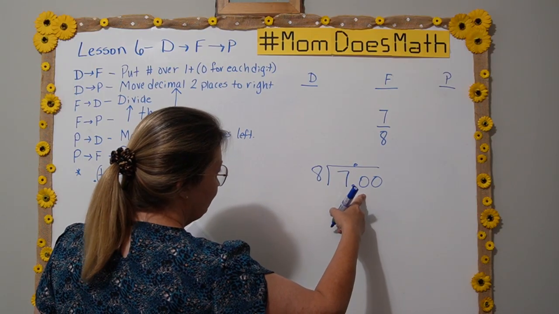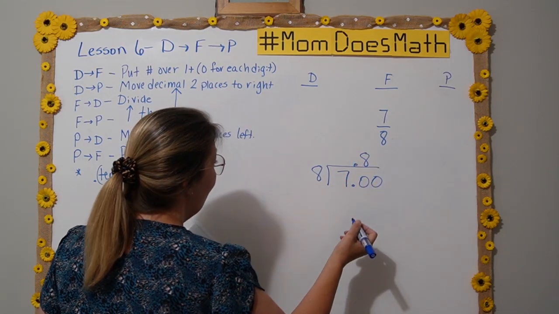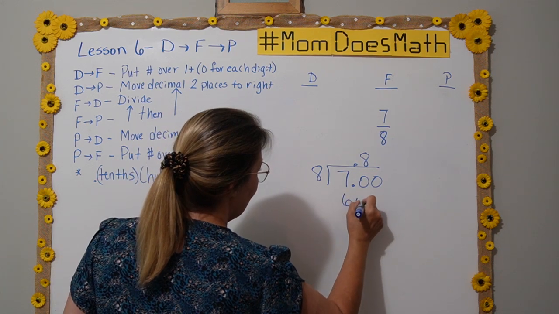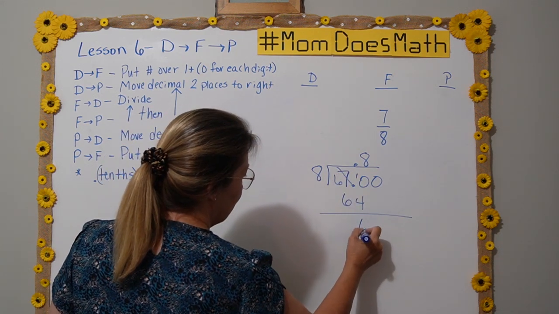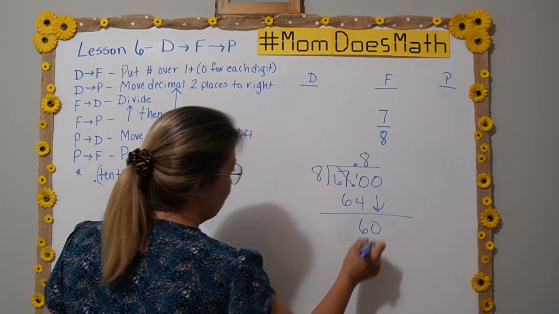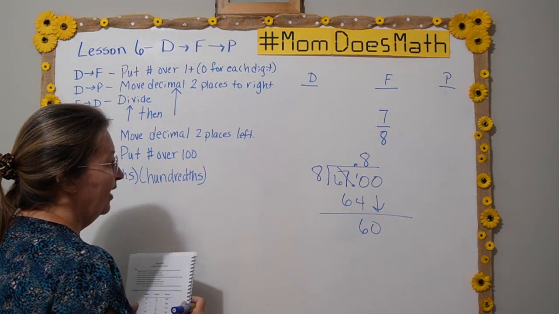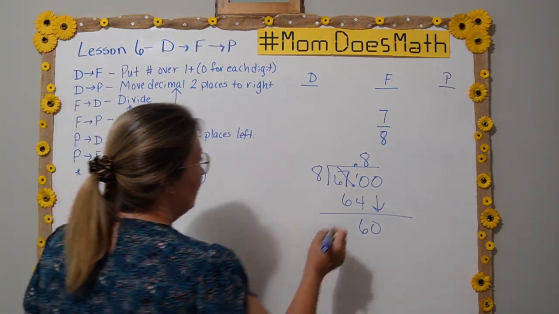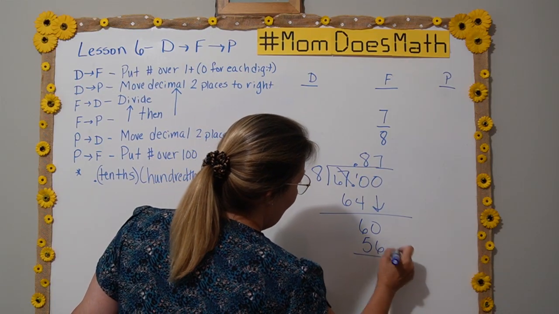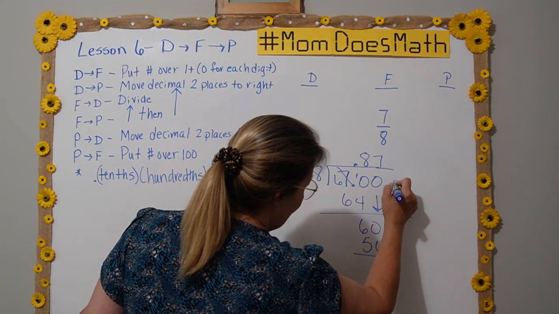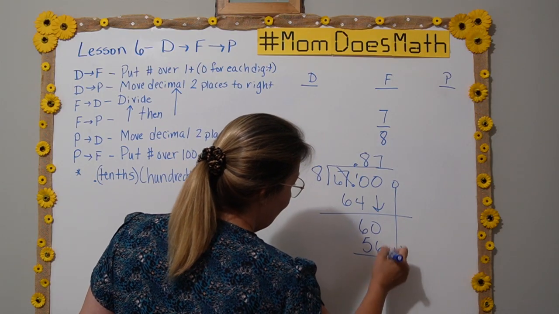How many times? Well, 8 times 8 is 64. That's as close as I'm going to get without going over. All right, and then we subtract. So this gives us 6. Bring down the 0. Now, how many times will 8 go into 60? Well, that's going to be 7. 7 times 8 is 56. And then I'm going to go ahead and bring down one more so I'll know if I need to round